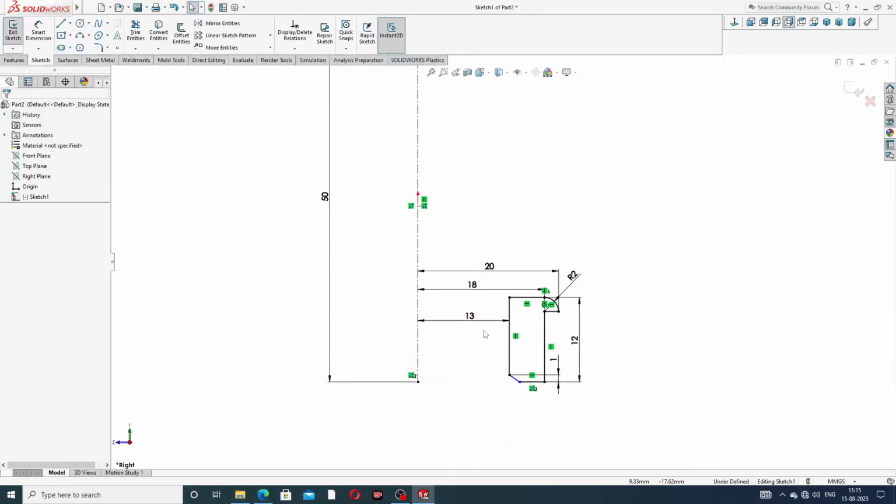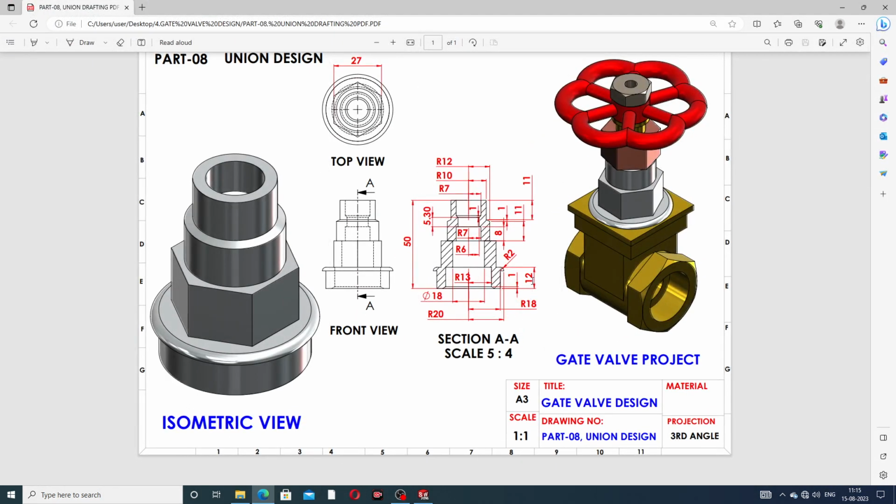You can see here, this is 20 millimeter and this is 18 millimeter and 13 millimeter, and this height is 12 millimeter, and this is 1 millimeter, and radius is 2 millimeter. Okay, all is perfect, but this 18 millimeter is, this height is, this circle is drawn here, but all is perfect,